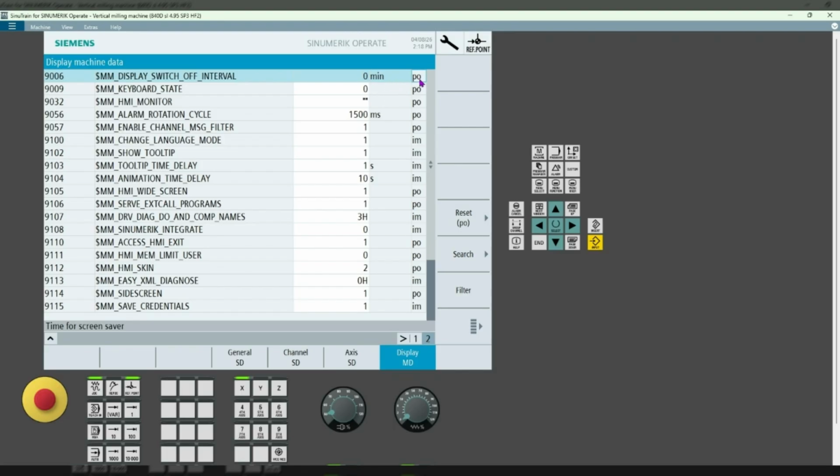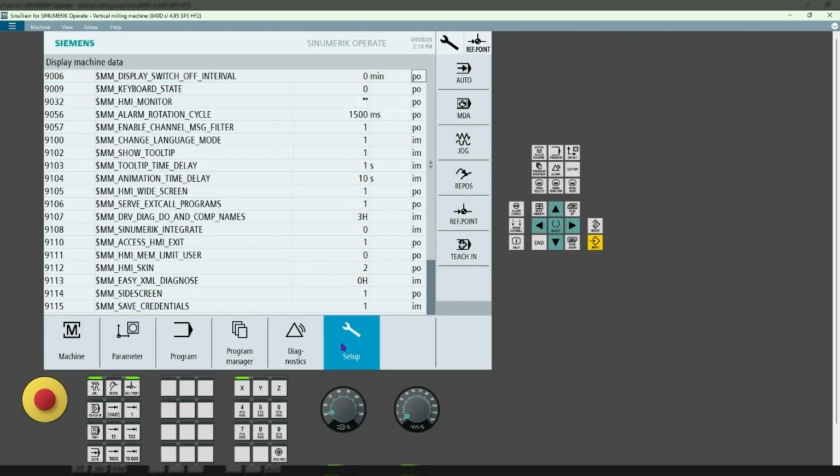To apply the changes, we need to do a power on, or actually a restart, an application restart. You don't need to shut down the machine, you just need to turn off the HMI unit. So let's go to the main menu. On the machine you are going to have an additional menu with an arrow key to the right, and once you press that you are going to see the menu exit, but in this case I need to do a restart from here,